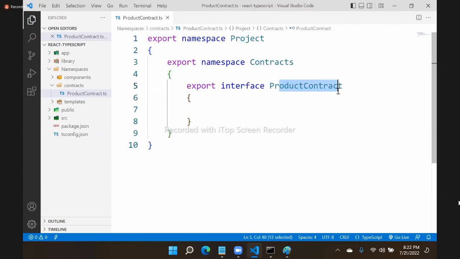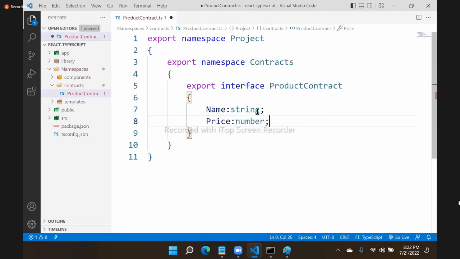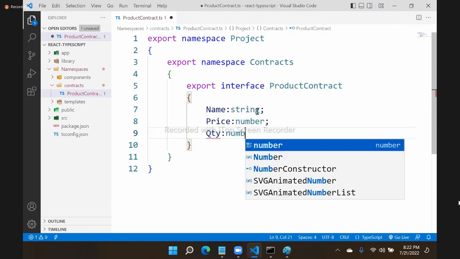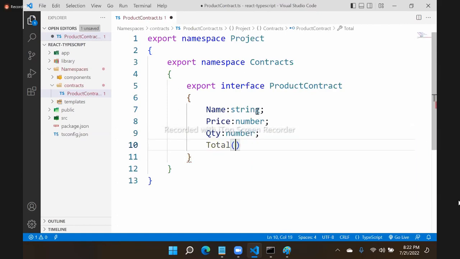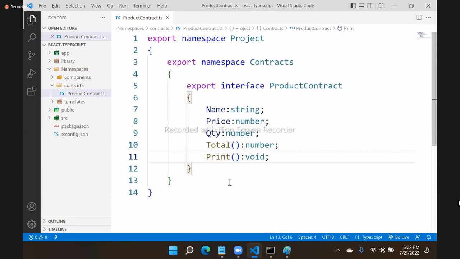Now, how to access this with reference of contracts? In contracts, what? Project. Now, in this, we are defining name as a string type. Price is a number type. Same, quantity is a number type. And we have a total, so it is a method of number type. And we have a print, a method of void type. All these are defined. All we are configuring and we are defining it. That means it is using all this and specifying. Right? Now, important is in this approach,